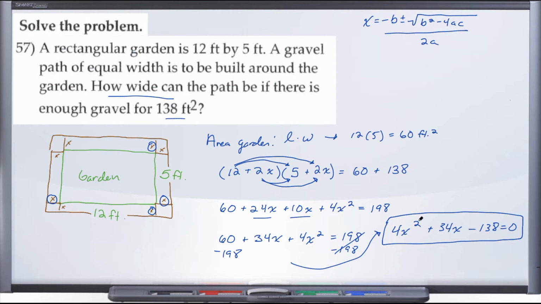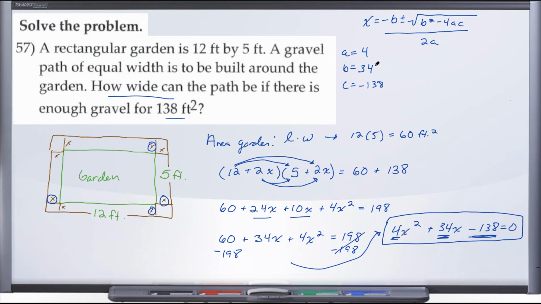And remember, when you're not able to factor something using the AC method or trial and error or the scissors method, the quadratic equation always works. All right, so let's go ahead and identify our A, our B, and our C here. Our A is going to be the coefficient in front of our x squared, so 4. B is the coefficient in front of just our x term, so 34. And C is our constant here, so negative